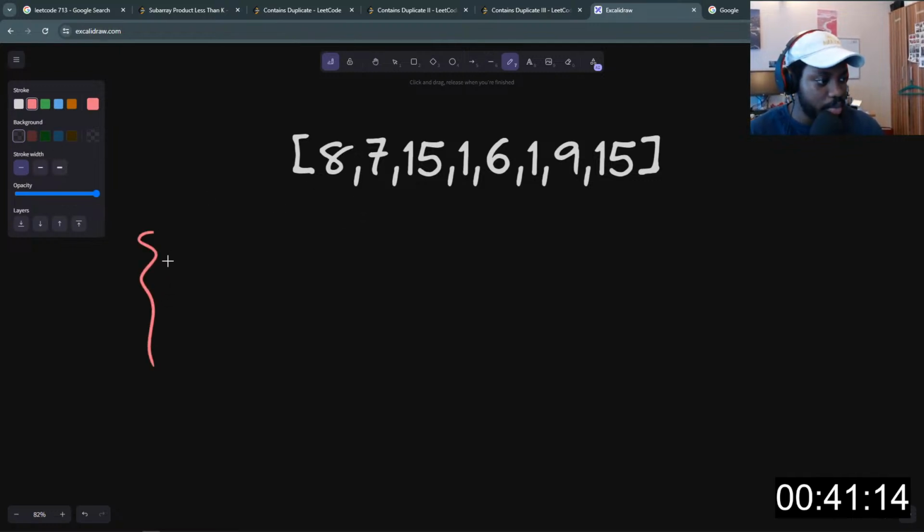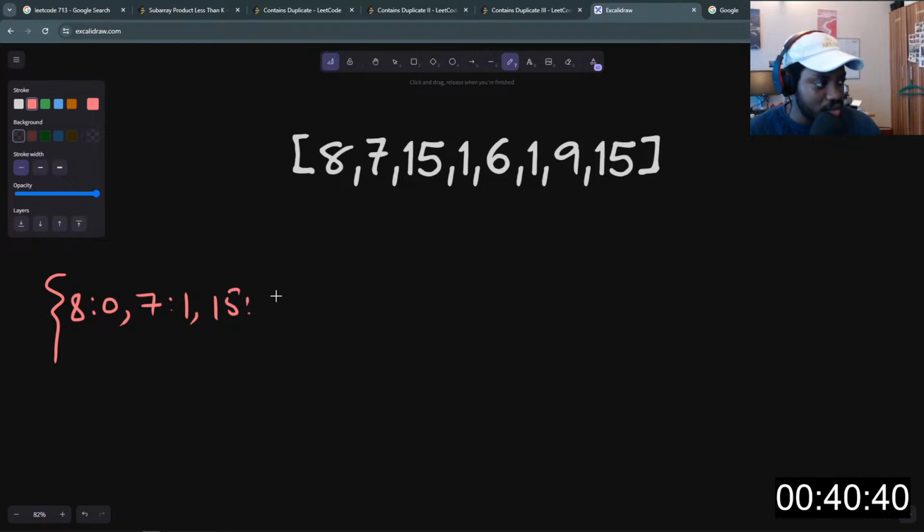So let's create our map. So we have 8 at index 0, 7 at index 1, 15 at index 2, 1 at index 3, 6 at index 4, and then we have 1 again.